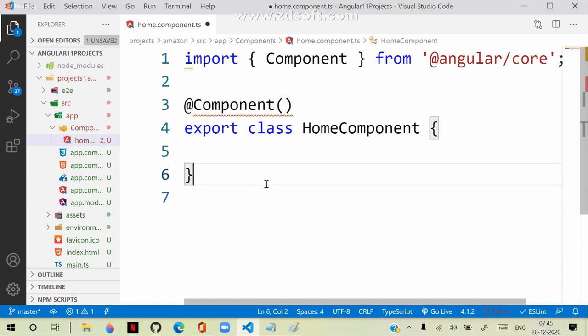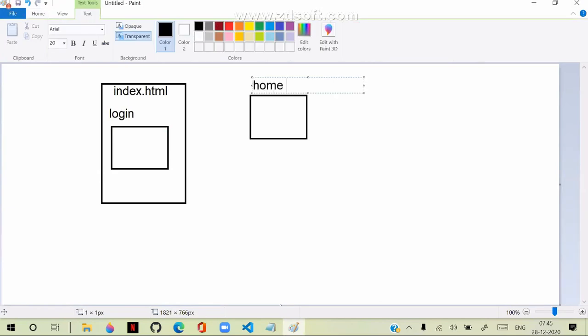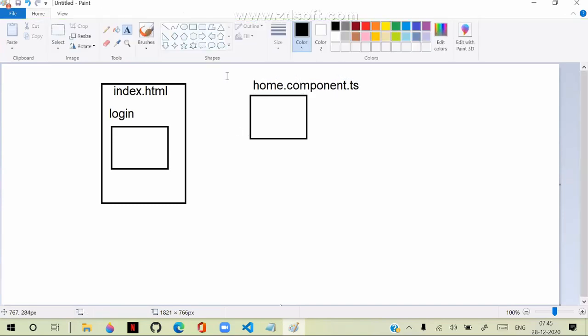So you designed a component. Suppose its name is home.component.ts. Now the question is how this component is accessed and used in the index page.